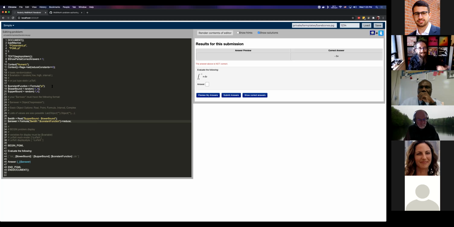So let's say I want to do my upper and lower bounds in this range, but I don't ever want the lower bound to be greater than the upper bound. Here, they could even both be equal and I'd get an integral of 0. That's correct, but maybe I don't want my students to have to face that situation yet. So I talked about